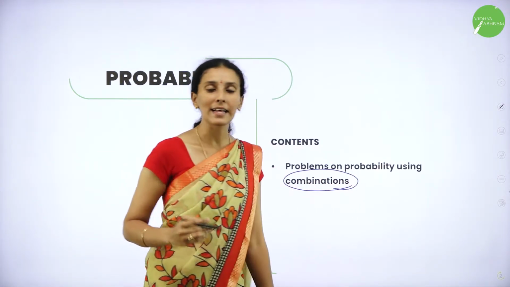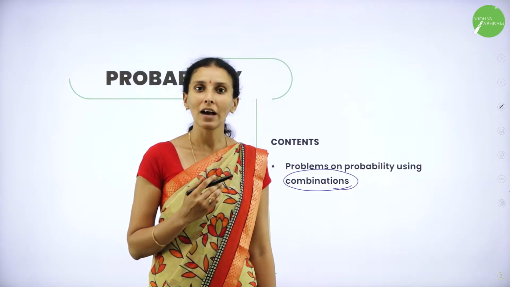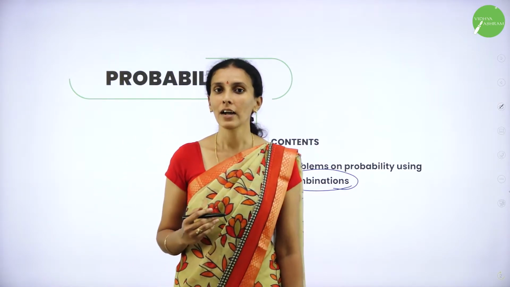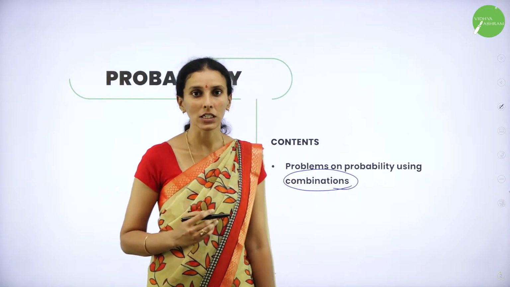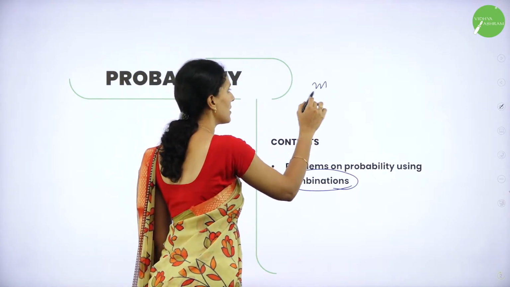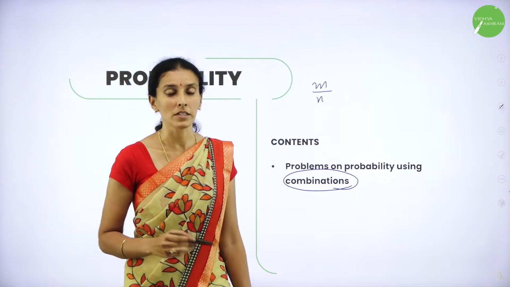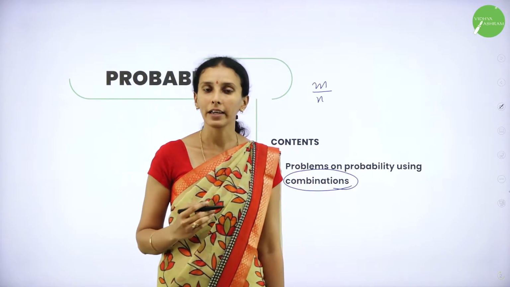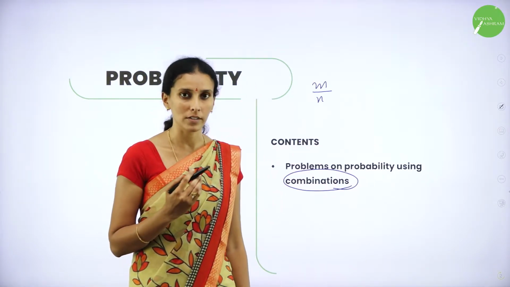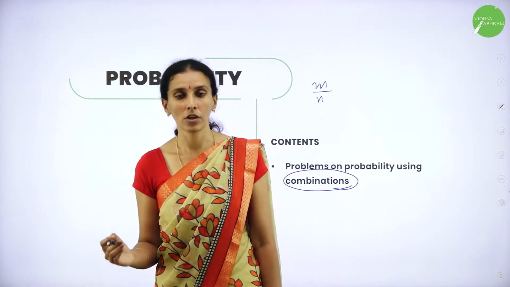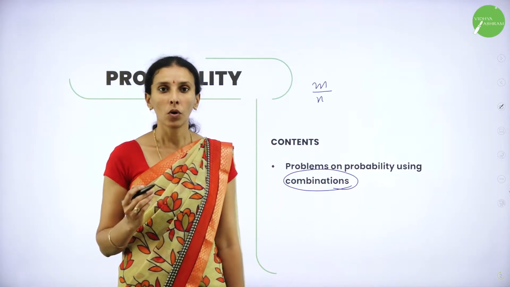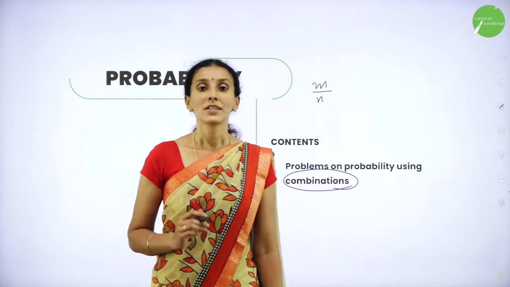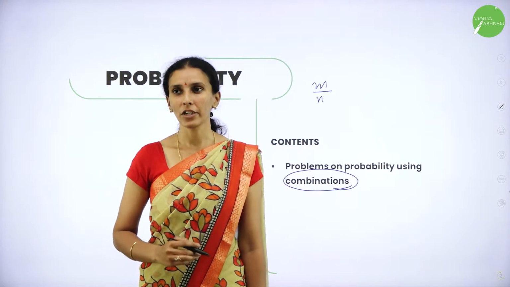Why combination? As I said in my previous session, when we have a particular single event, it is very easy to find the probability by taking the definition of the classical approach, that is number of favorable outcomes divided by total number of outcomes. For example, getting an odd number when a die is rolled, getting two heads when two coins are tossed simultaneously, or getting doublets when two dice are rolled. So every time you will be having a single outcome for an event. So here we are going to find the probability of combination.